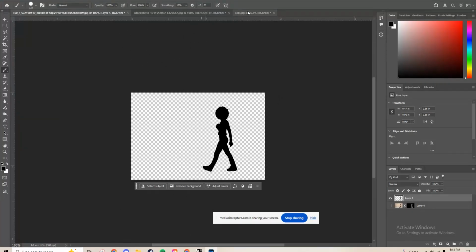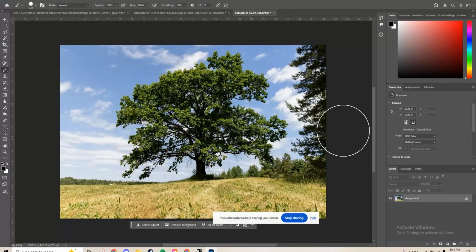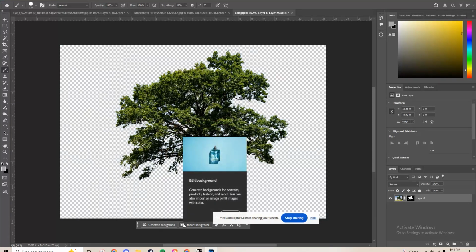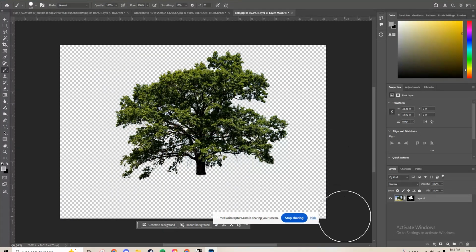Okay, and so lastly, we are going to use this more complex image here. I have a feeling that the remove background is not going to work. We're just going to go ahead and click and try it. It did a pretty good job. We did lose our trunk here, as you can see when I paint over this clipping mask. So what we can do actually to save that,